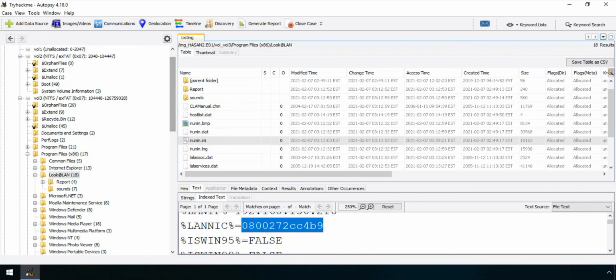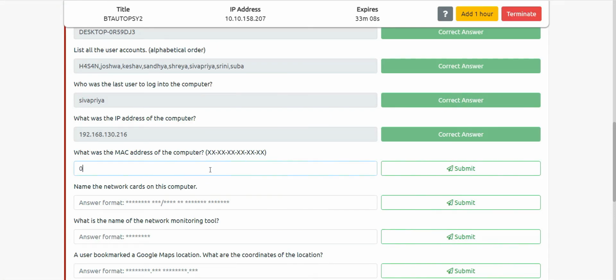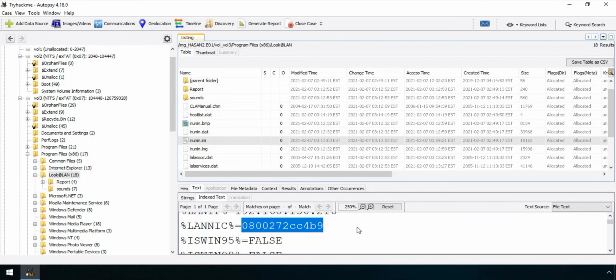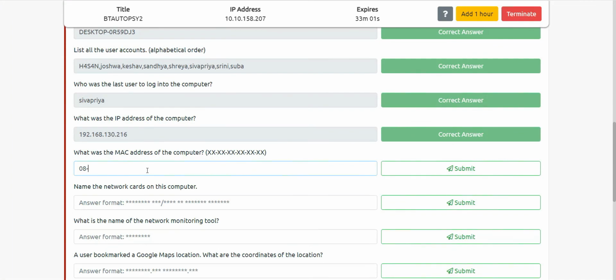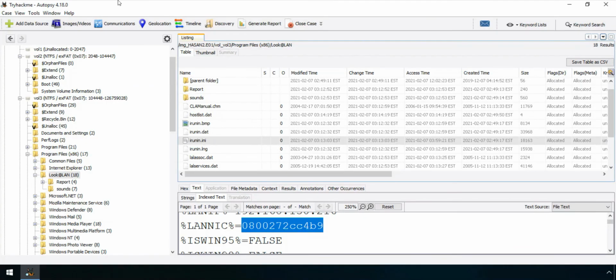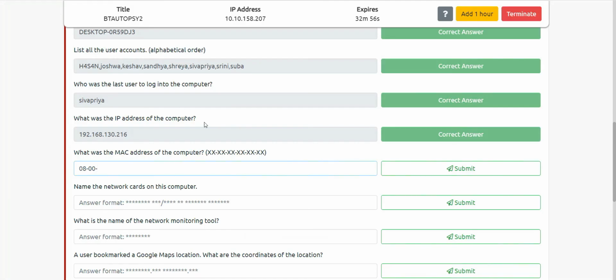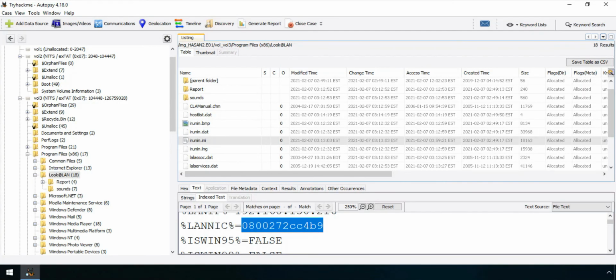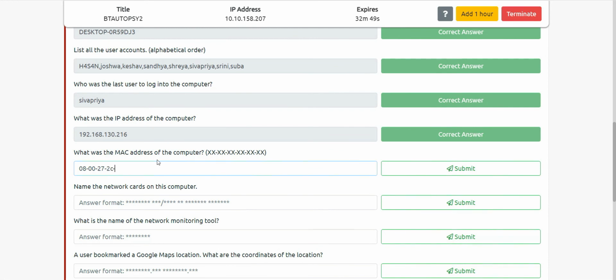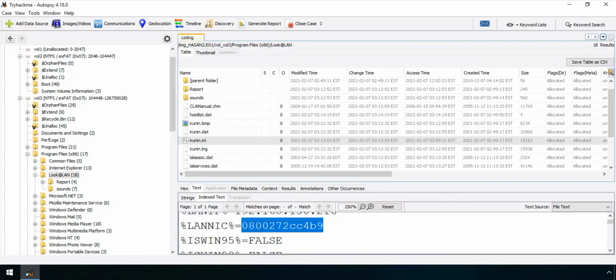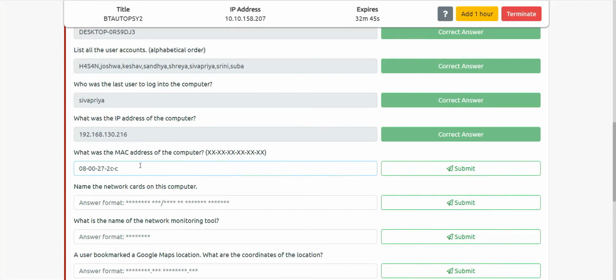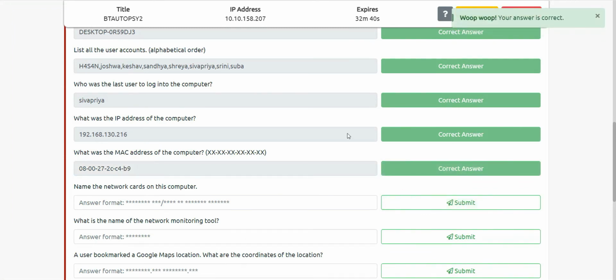So I will just put it out with dashes in between all the 2 digits, which is 00, 27, 2C, C4B9. Here you are. It is the correct answer.